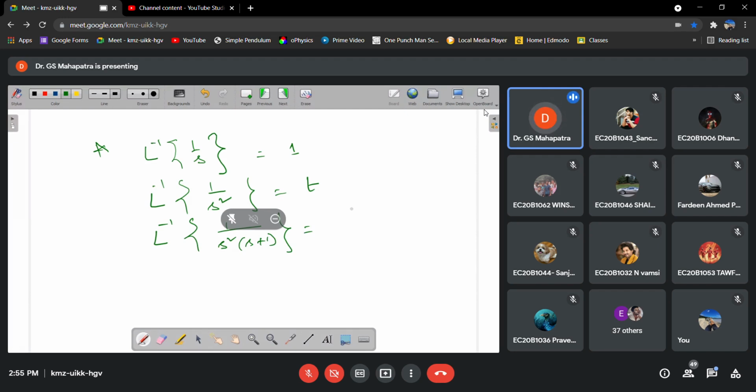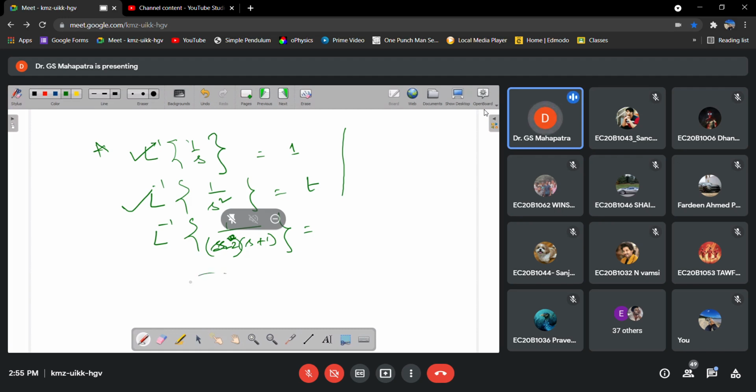So that means we know how to take the Laplace transform. That concept is correct only. So we have to use all these standard formulas to find such types of inverse Laplace transform. So it is 1 by s plus 1 into s minus 2. What will be the answer of the inverse Laplace transform?